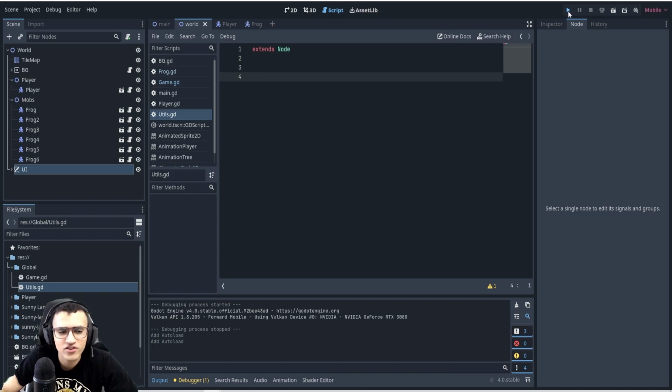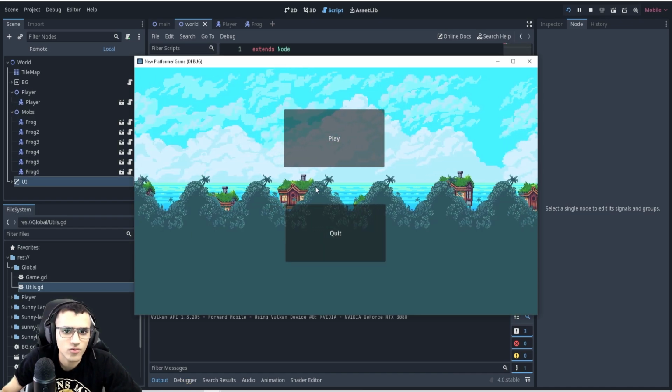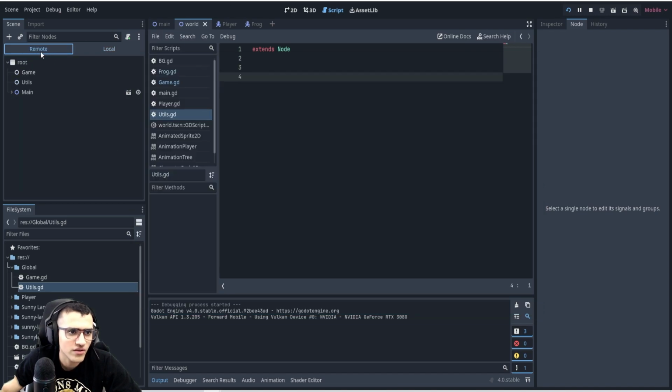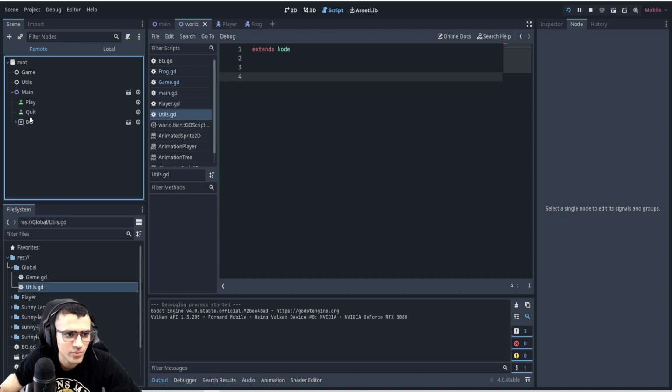So let's take a look at what actually happened in Godot. When I play, here's our game, but we can see in our remote section on the top left, we have root and we have game, utils, and main. Main is our actual game, right? That's what we're playing on. That's the background, the play quit button, etc. And these are the two